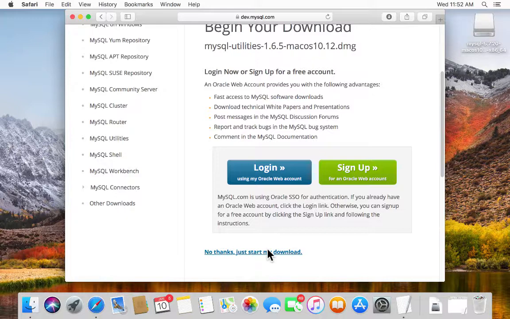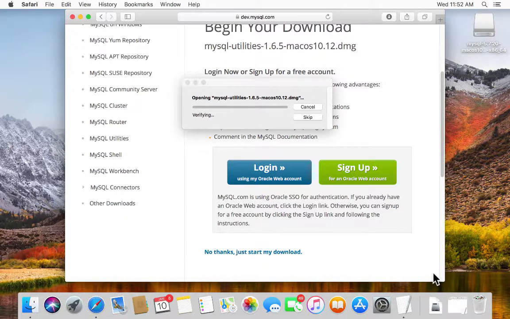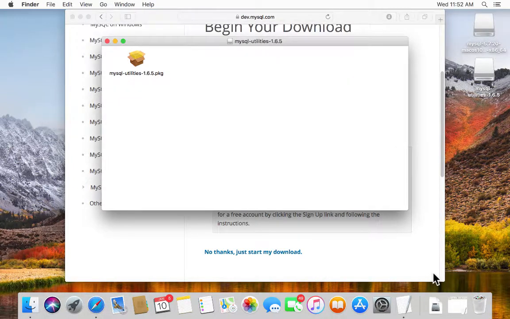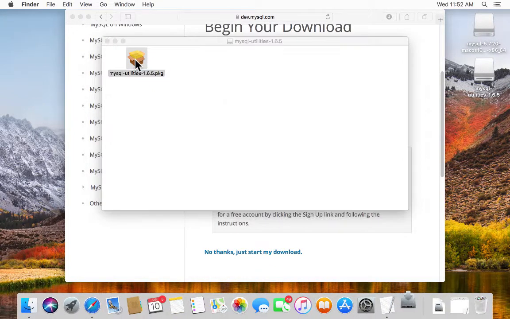And this one should be pretty fast. So we're not even going to have to wait for this one because it's not that big. So I'm going to go down to my dock and click on that. And there it is, MySQL Utility. So I'm going to click on that file. And it runs a bit and gives us the utilities package. So if I double click on this,